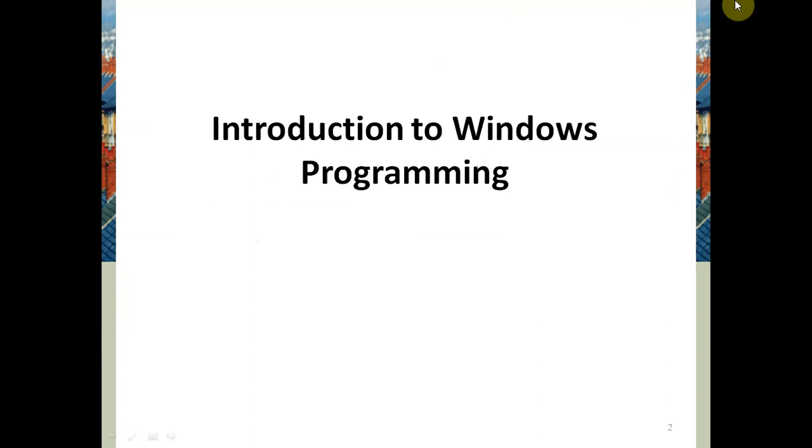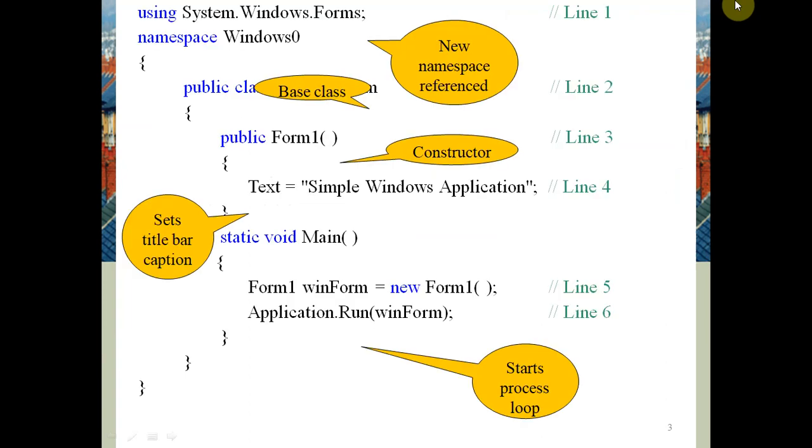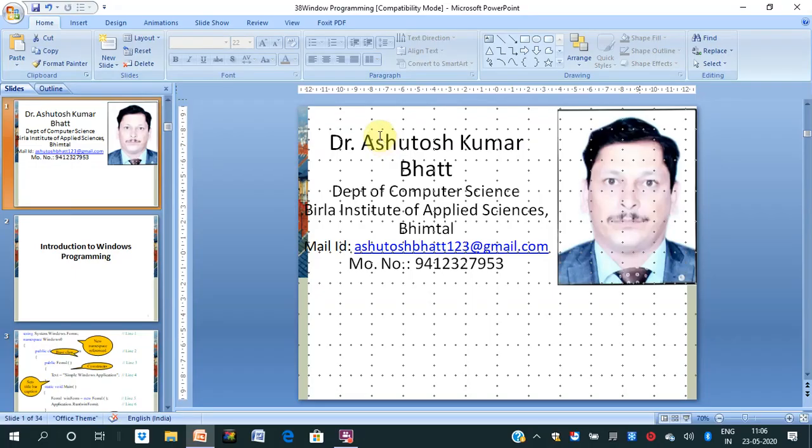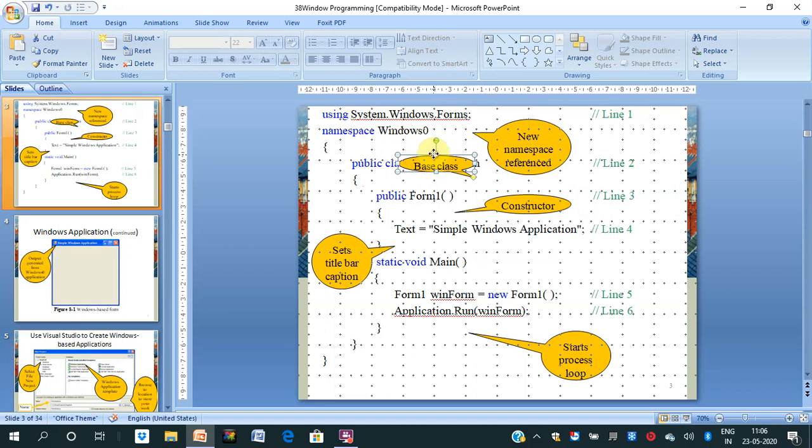So today I am discussing Windows programming in C#.NET. Basically there are two types of programming, Windows programming and console based programming. We have already discussed the console based programming, and now in this lecture I am discussing the